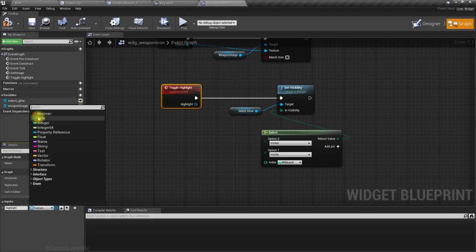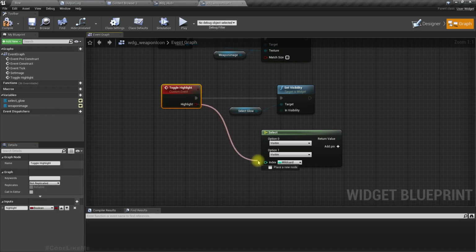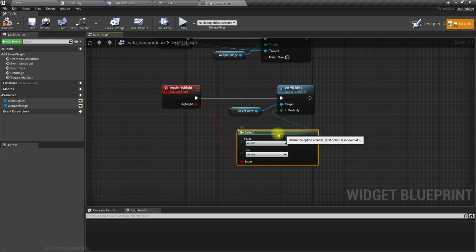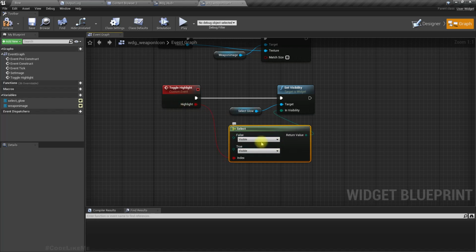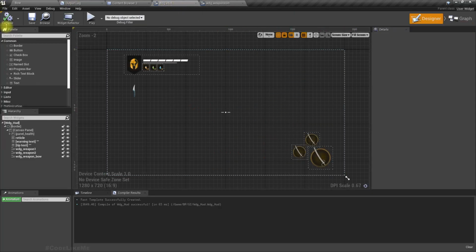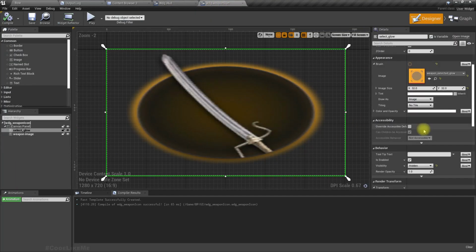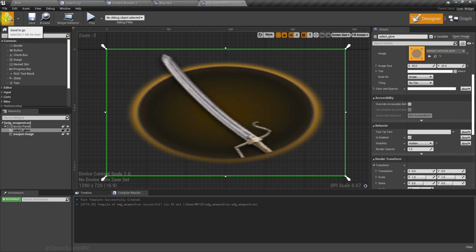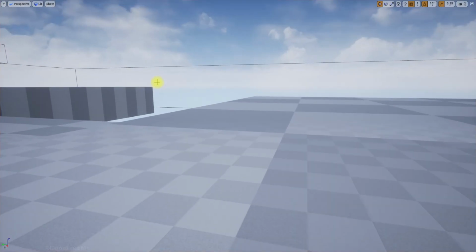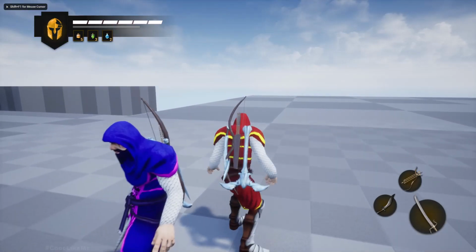This should be a boolean. Now if it is true, that means it needs to be highlighted, so this should be visible. Otherwise it should be hidden. Right, now in here, why is it still visible? It will not be visible in the play like this. Okay,